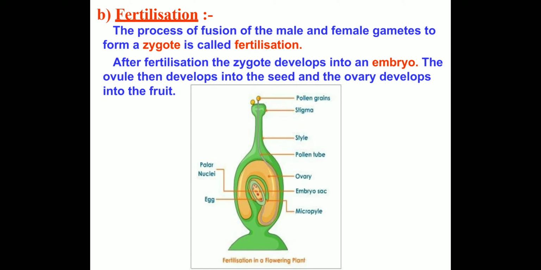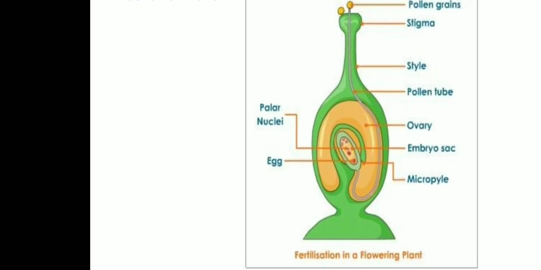Now, after fertilization, the zygote develops into an embryo. The ovule then develops into the seed and the ovary develops into the fruit. As you can clearly see in this diagram, children, you can see